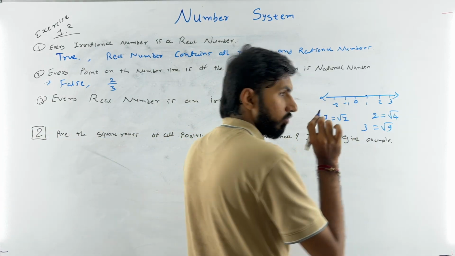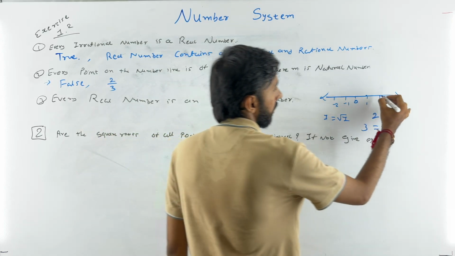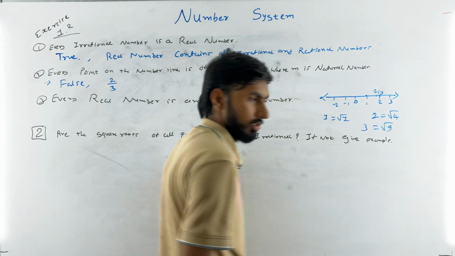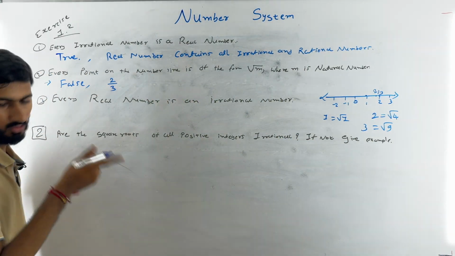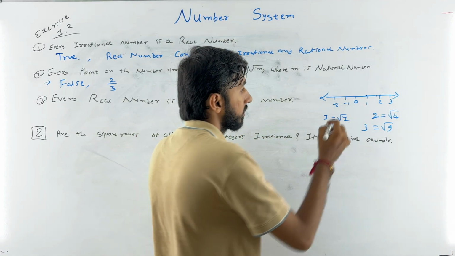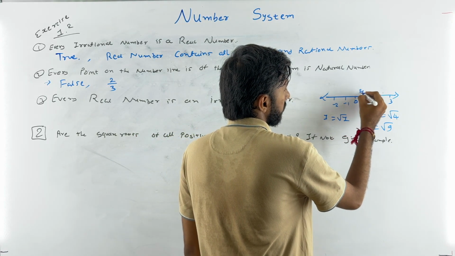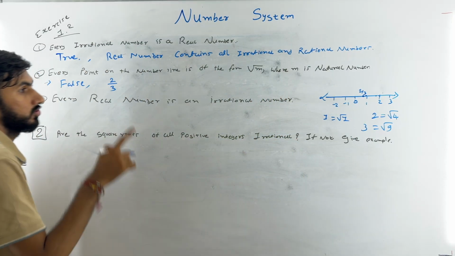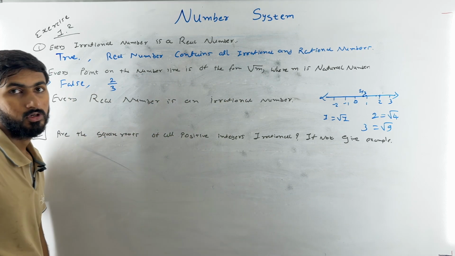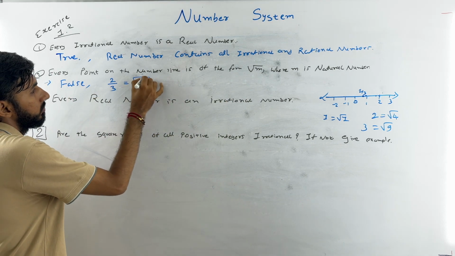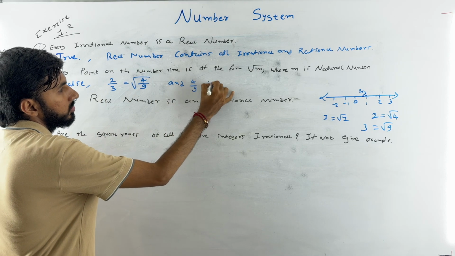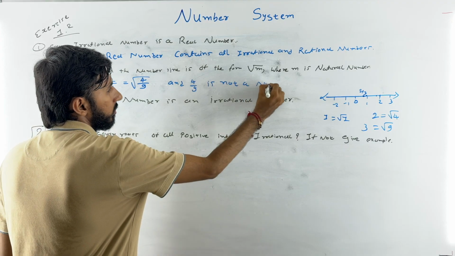There will be 2 by 3 on the number line, and let's say here is point 2 by 3, right? Now, no, the 2 by 3 will come this side, 0.66, right? So here is 2 by 3. Now for the 2 by 3, if I represent 2 by 3 in the form of square root, it will become square root of 4 by 9, and 4 by 9 is not a natural number,